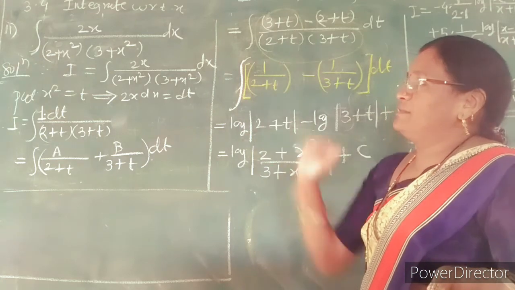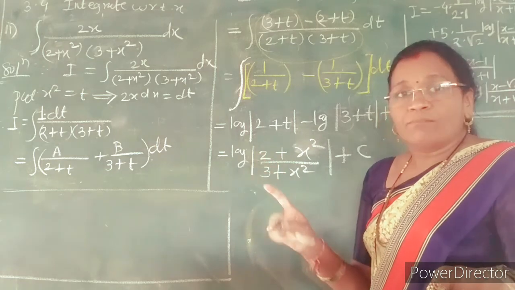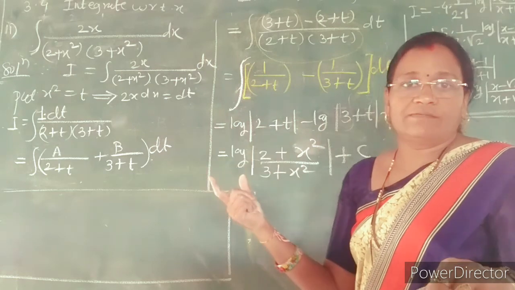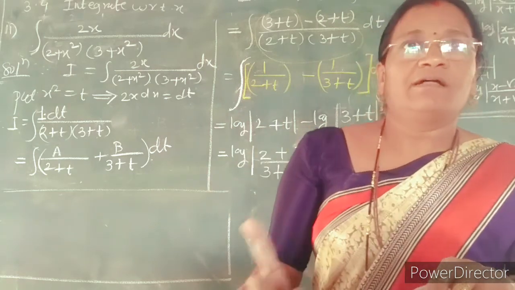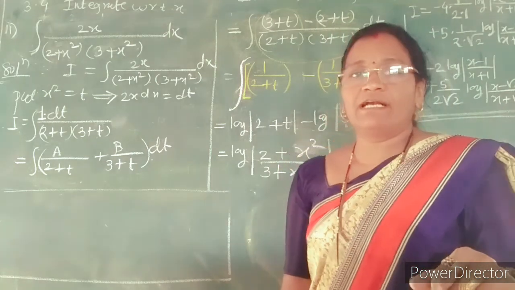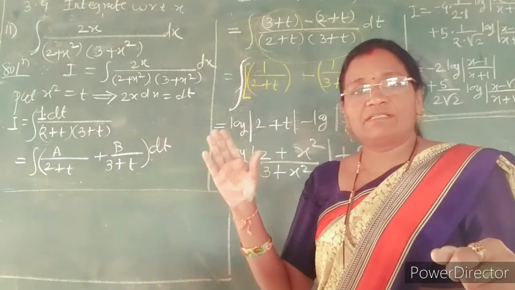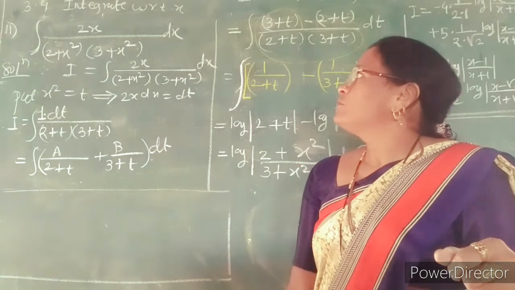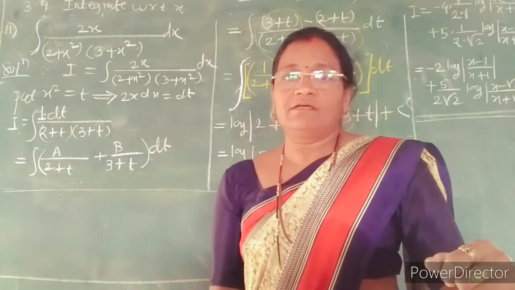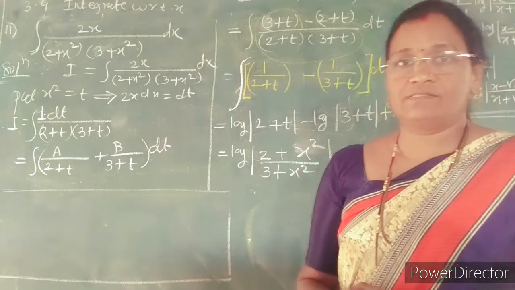But in all these 3 examples we see that the denominator may contain power 5 or power 2. By taking the nature of the whole rational function, we decide how to solve it. All these 3 examples use the first method, that is, for a rational fraction whose denominator contains non-repeated linear factors. In the case of repeated factors, we take that the factors can be separated by partial fractions. In the next period we solve examples on the second and third cases. So you can solve these examples and try for this. Thanks to all.